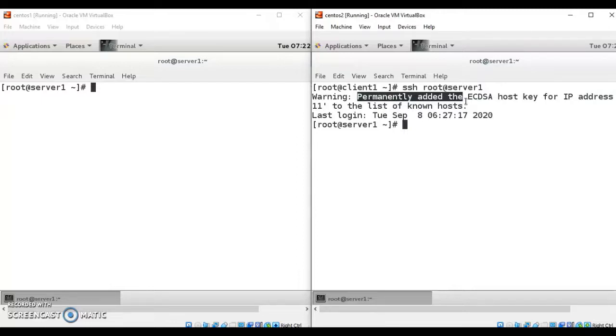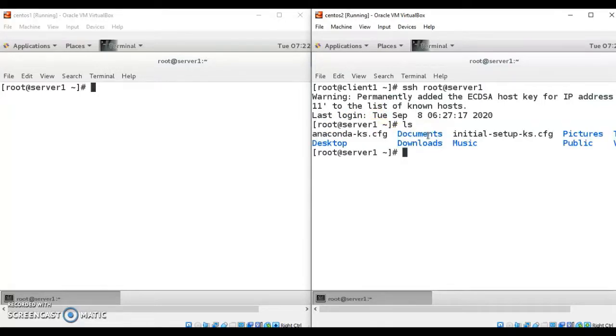ECDSA means Elliptic Curve Digital Signature Algorithm. So it creates a particular key, and by default it sends it to the server machine, and that is how it will allow you to connect to your server machine. So here you can see that now you are logged into the server machine and you can perform any command on the server.